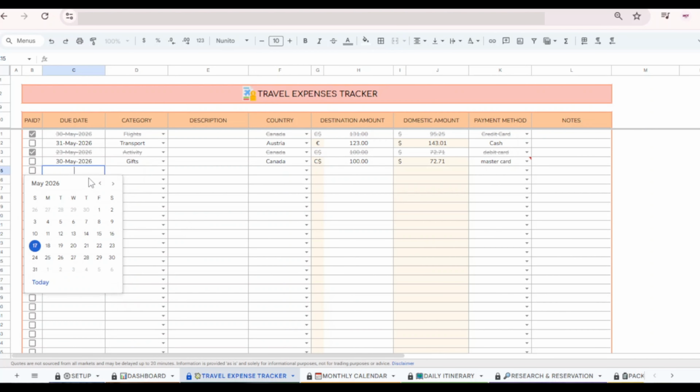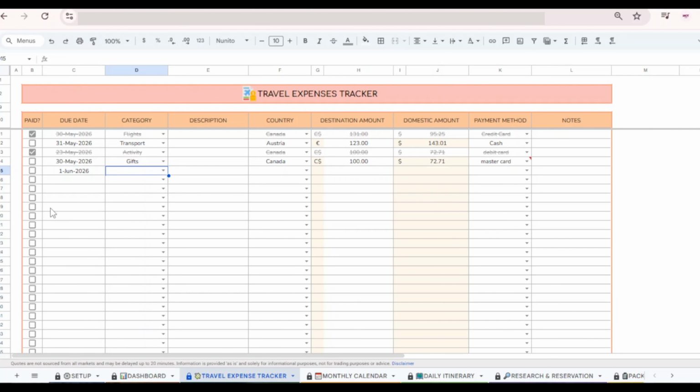For example, we just landed in Rome and paid a taxi from the airport. The fare was $45 and it was paid by cash. Okay, so just say 1st of June and it was transport. You can add transcription as well. I would say Italy and I paid 45 euros. And now you will see that it converted instantly to our domestic amount, which is $52, and I paid